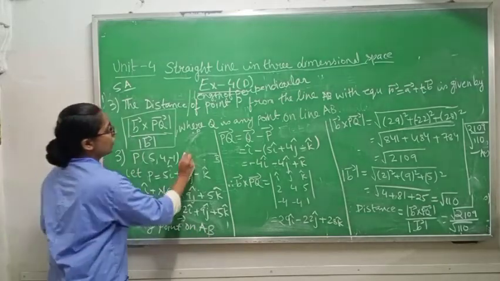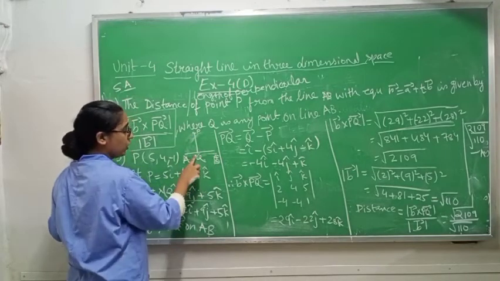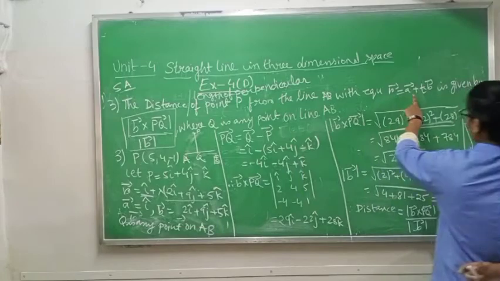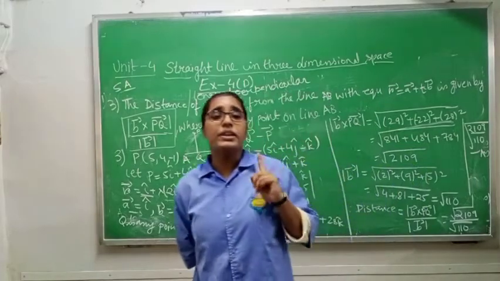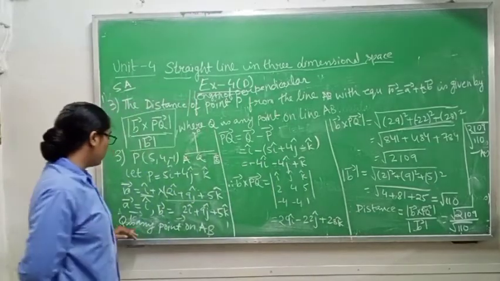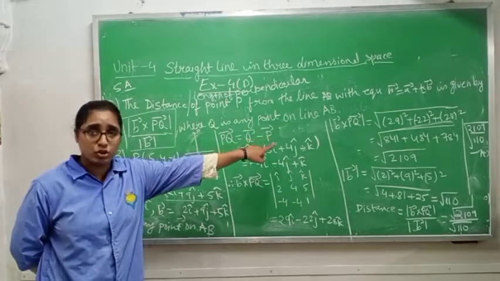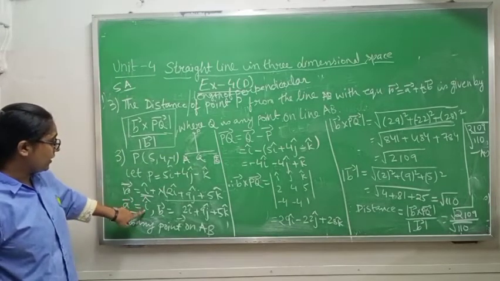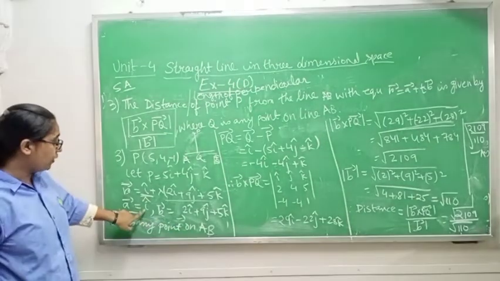Why? Because if this one is the AB line and from point P it is coming like this, I am taking Q as any point on the AB line. It means go to that formula, r vector equals a vector plus t b vector. You have written that a is passing through that point and b is parallel. If you forgot, please go to that one. You will understand why I am saying that Q is any point on AB and I am finding PQ. PQ is position of Q minus position of P. Now in place of Q I am writing i vector. Why? Because a vector equals i and Q is any point on the line, meaning the line passes through it. So i is nothing but Q.